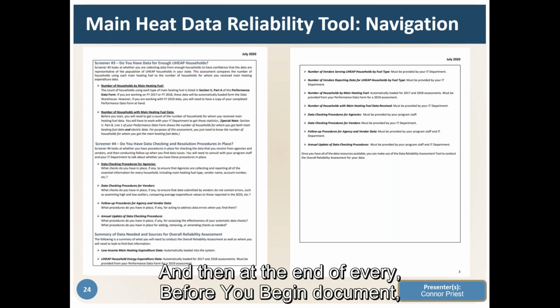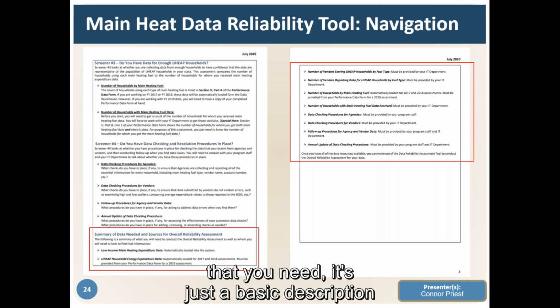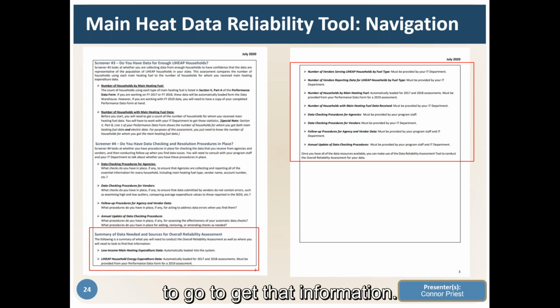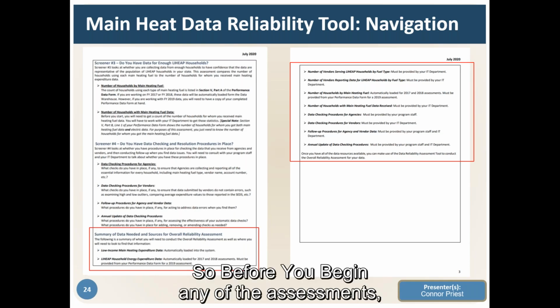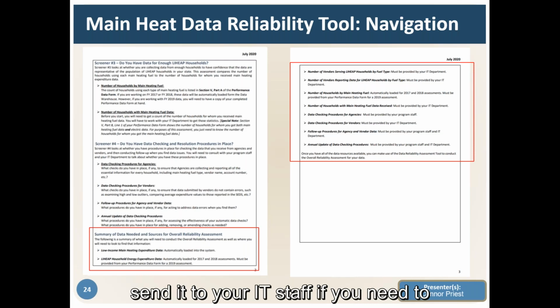and then at the end of every before you begin document, one more click, there's also a summary of the items that you need, with a basic description there in the bold, and then the location that you need to go to get that information. So before you begin any of the assessments, it's always best to go in, take a look at this document, send it to your IT staff if you need to, and have all that information ready. And then if we go to the next slide,